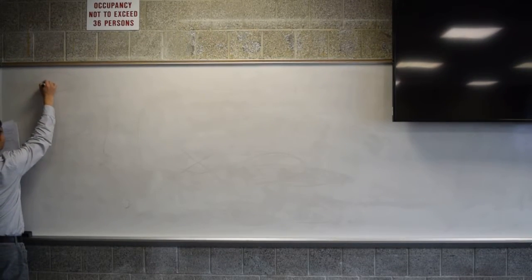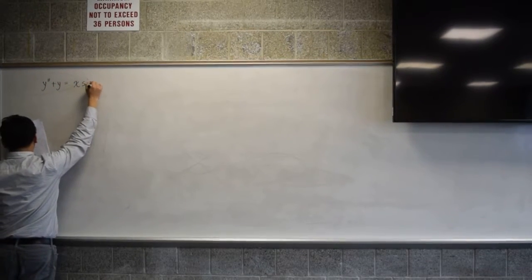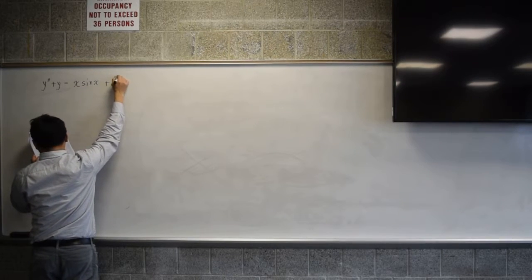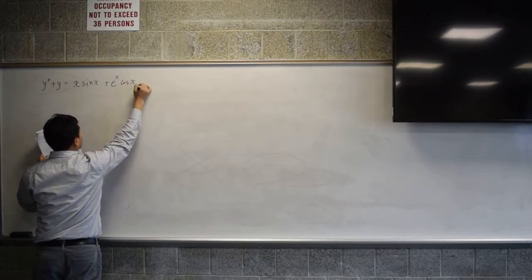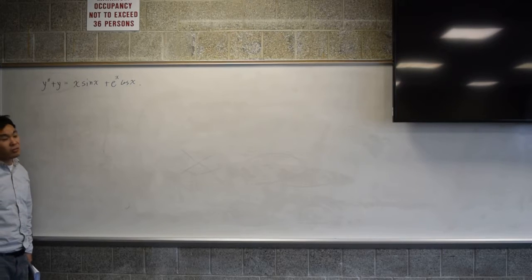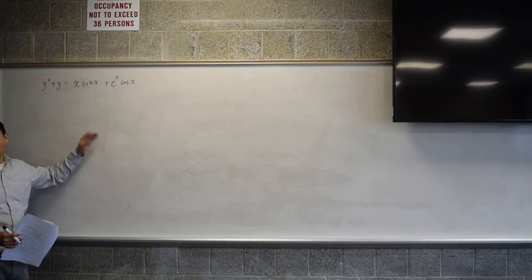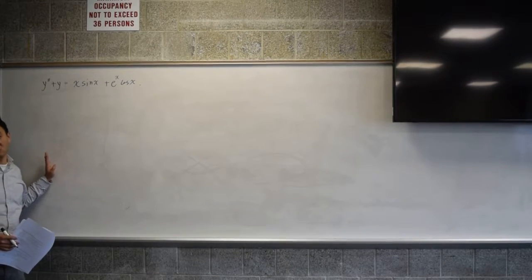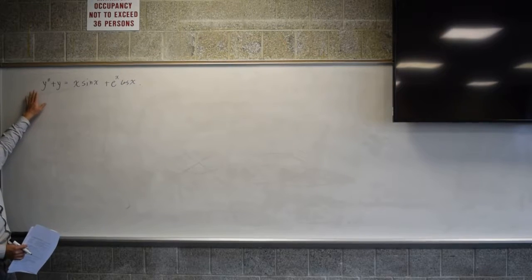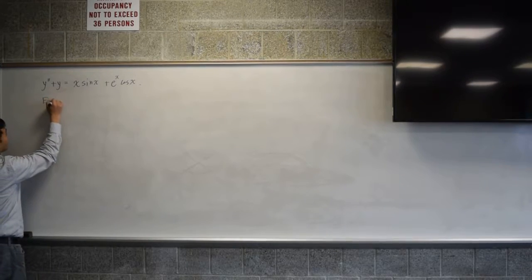So let's say you have y double prime plus y equals x times sine of x plus e to the x cosine of x. And if you try to solve this to the end to find the general solution, it's going to take a long, long time. So instead of asking you to solve it, sometimes I might put a question like this and say,